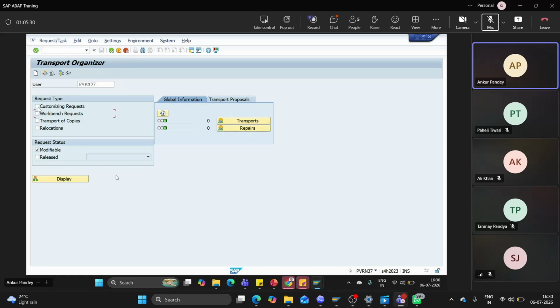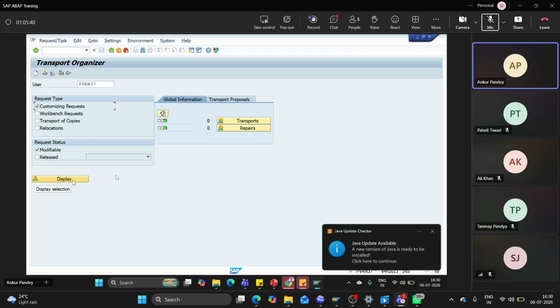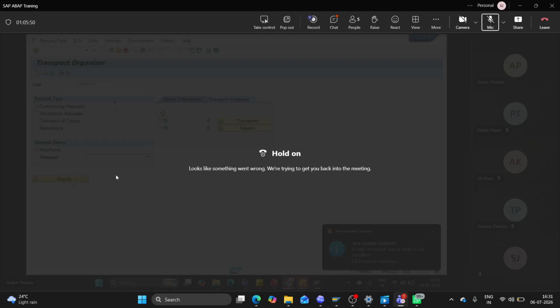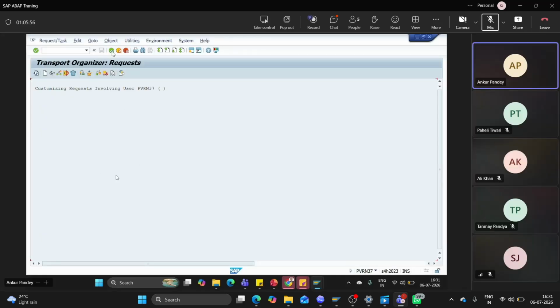And customizing is for functional consultants. Suppose there is an SD module, and they want to configure the SD module in SAP. So they have to configure, right? They have to create the plant, they have to create the sales organization, the system to run the SD module, to run the MM module, to run the FI